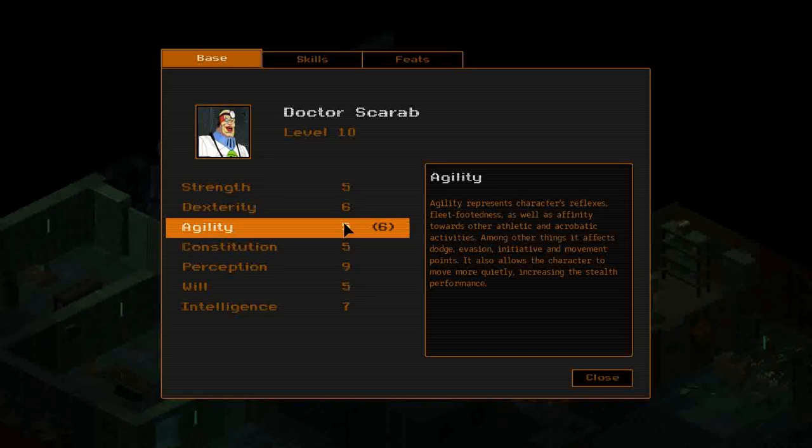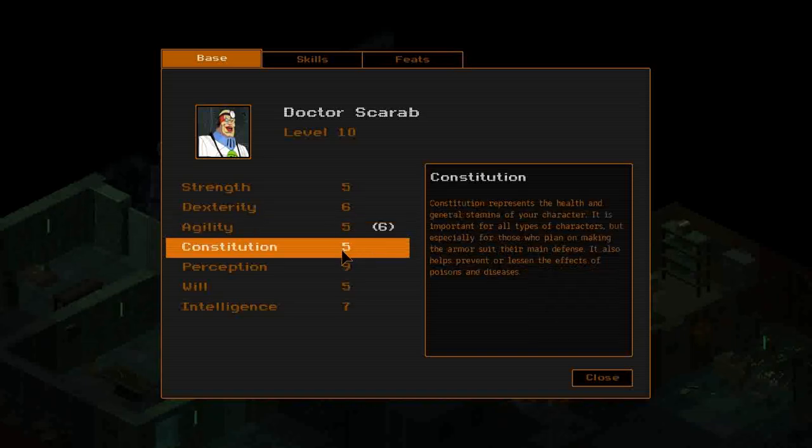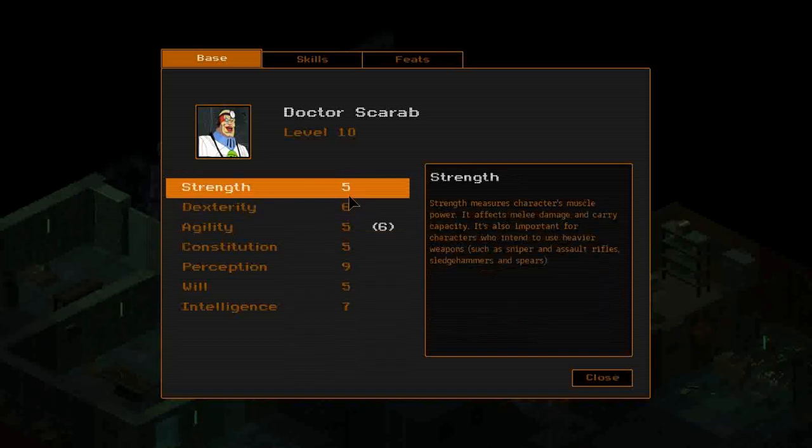The internet will tell you that's a total waste, and you should at least try to optimize the build a little bit more by lowering at least some stats to 4 to get those points put in things that you'll use. I can totally agree with that in this case, that at least agility should have been lowered by 1 point. My constitution is 5 because I wasn't taking any